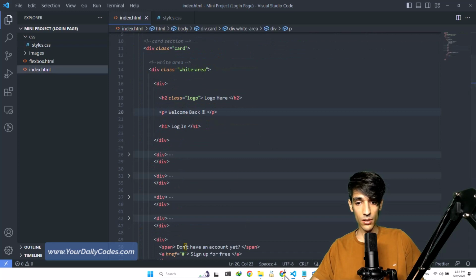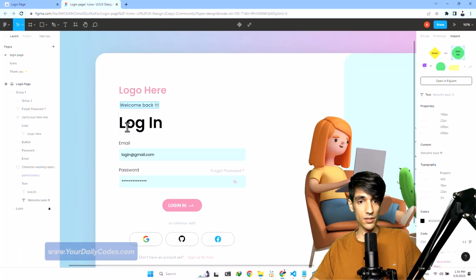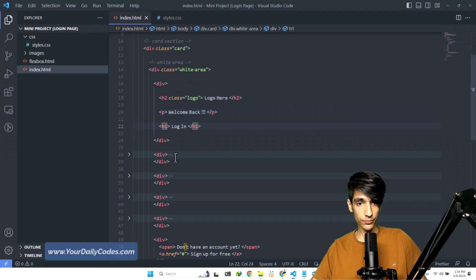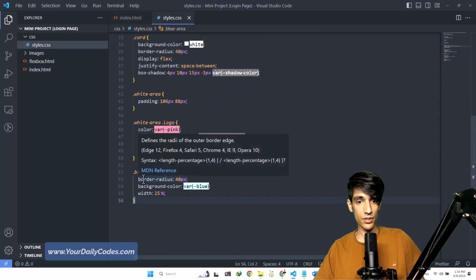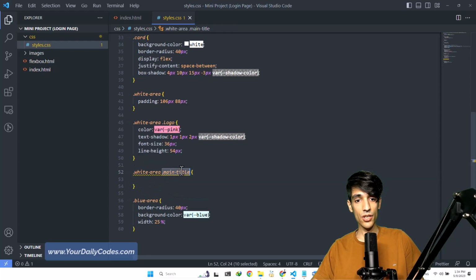So this is it. This is our p tag, and this is our logo here. We'll come back here, and this is our login here. As you can see, the font weight is 600, so I give it a class, main title. I can go ahead and select this main title, which is inside the white area, with the selector white area space dot main title. So go ahead and select the main title, which is inside white area, and we are going to give it a font weight,